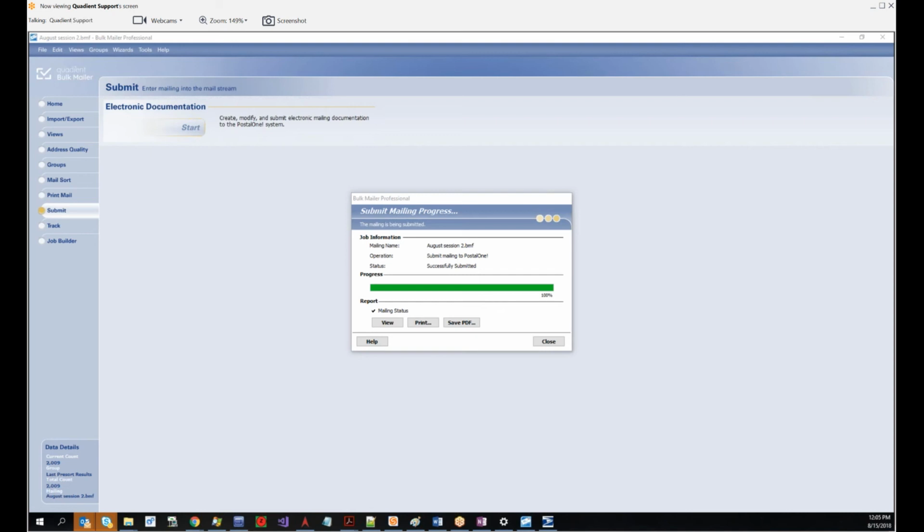Question about 100,000 pieces: he wants to send 25,000 at a time, 4 separate files. Yes, it's very true, the larger the list, the more 5-digit trays you're going to have, and those go at a cheaper price than the ADC or the mixed trays. So the bigger the list, the cheaper the price. But if you try to break it into 4 separate jobs and enter them as if they were one job, I think that's possible to do with mail.dat, but you cannot do that with bulk mailer. For bulk mailer, if you do them as 4 separate mailings, then you're going to lose the discounting. But what you could do is